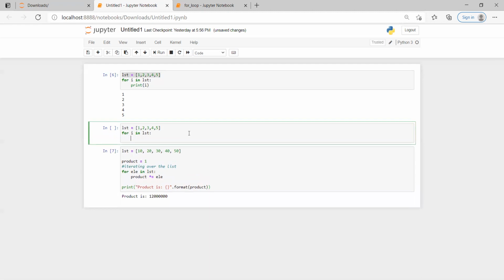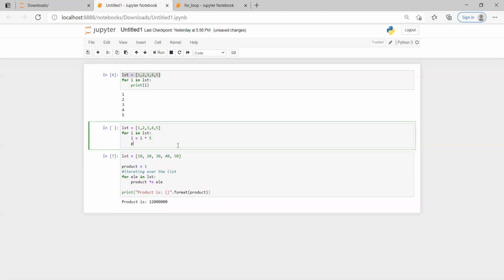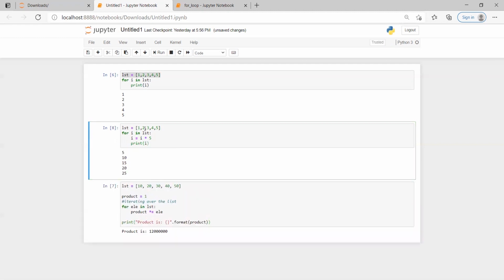What I want to do is i equal to i into 5, so I'm multiplying each and every value by 5. Print i. Now what is happening? See, 5, 10, 15, 20, 25. This is how the values are being taken.